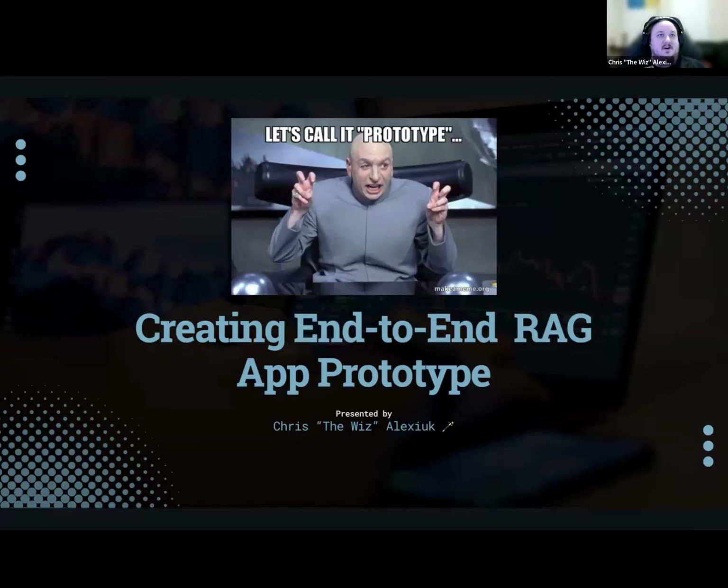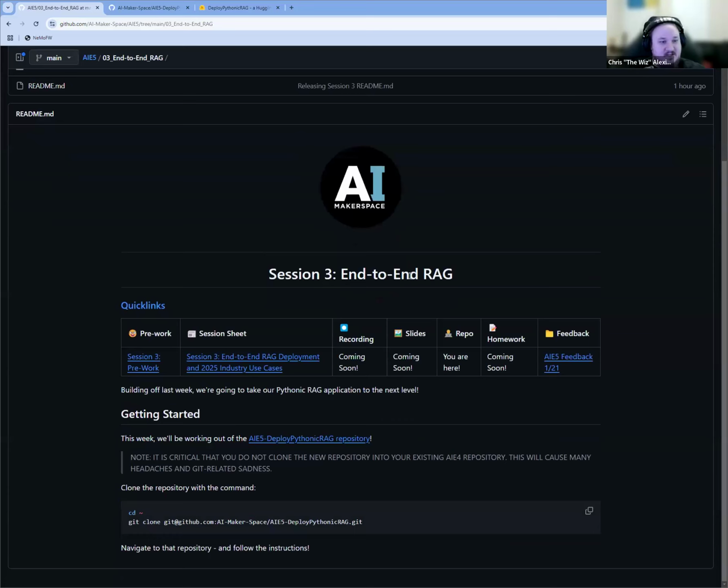Okay, so we're going to start, as we usually do, with the actual assignment. You're going to see that there's this big note, and there's only one thing that you need to do from the actual assignment page in the GitHub repository. And that is to cd out of the current GitHub repository, and then clone this new repo.